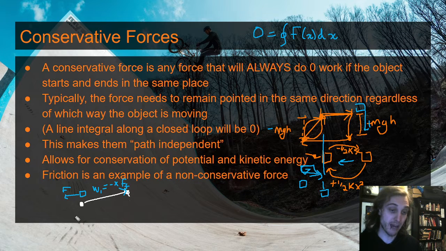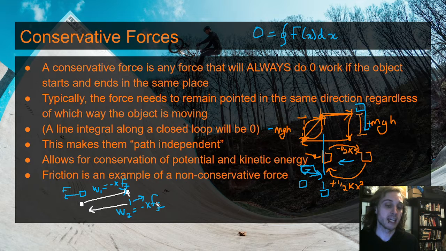But if we drag it back, friction will actually be pointing to the right. And so unlike that other stuff where the force was always pointing in the same direction, this one's actually not going to do that. And so what'll happen is work 2 will actually also equal negative x times the force of friction. And so if we take x to be our distance away from the starting point,